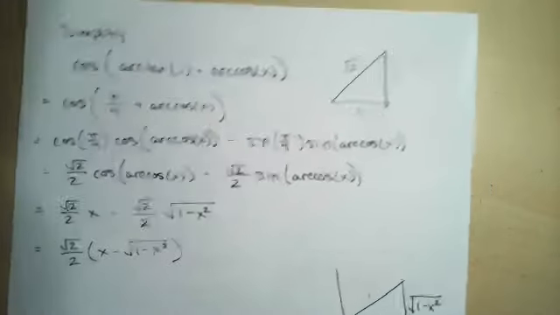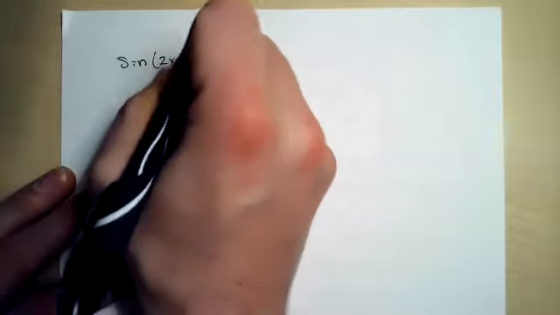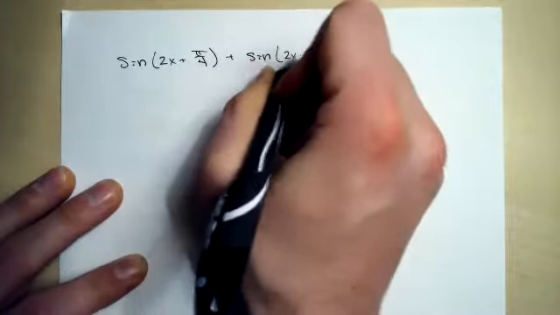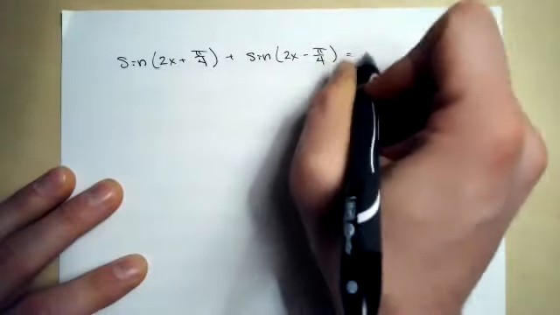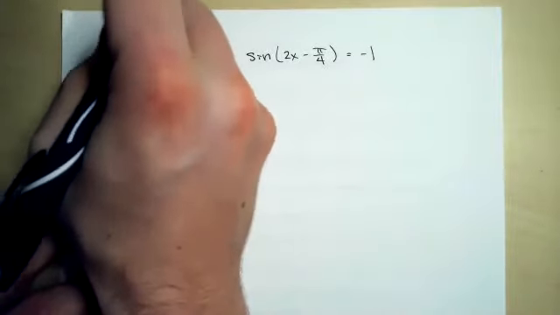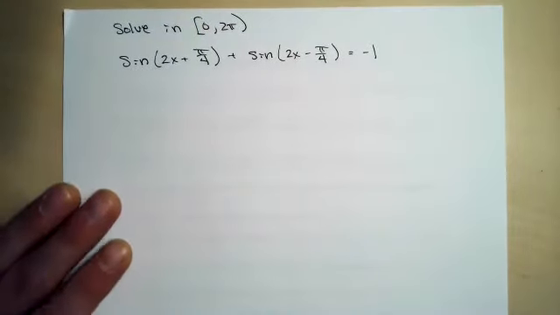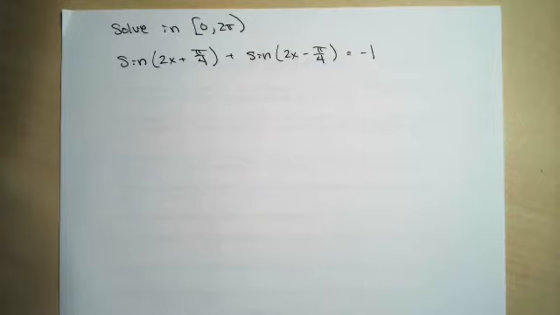Okay, so one more. So now we've seen how inverse trig interact with these formulas. Let's take a look at solving a trig equation. So we'll say solve on 0 to 2 pi. So the harder thing about the trig equations was this plus 2 pi k, and